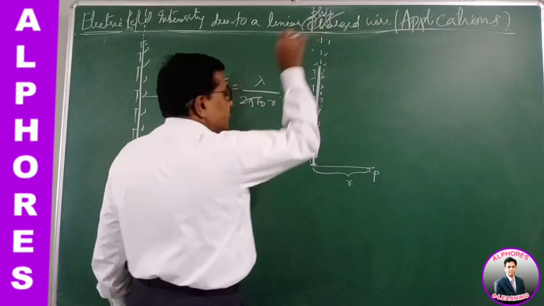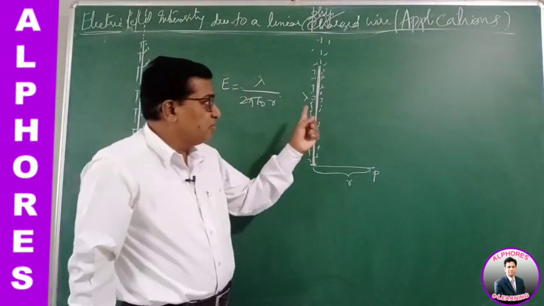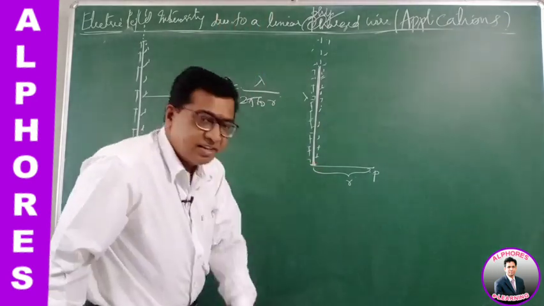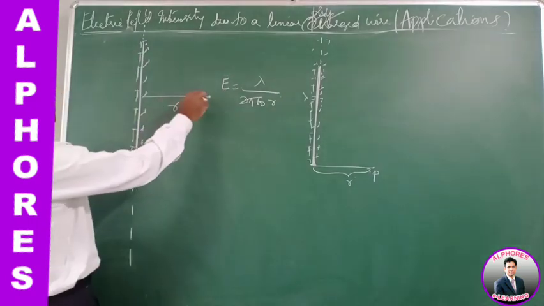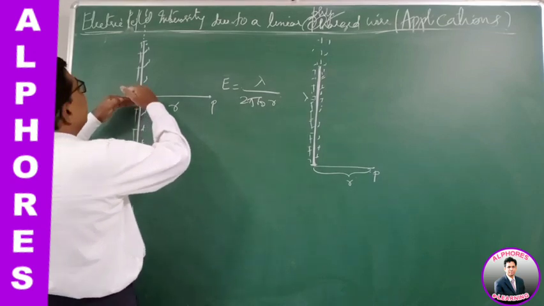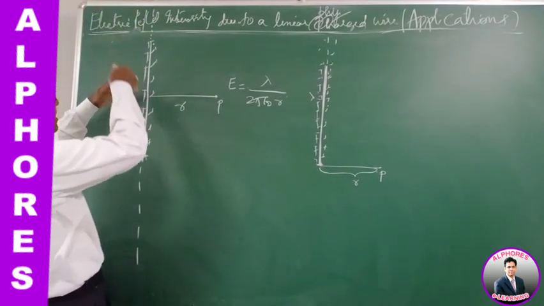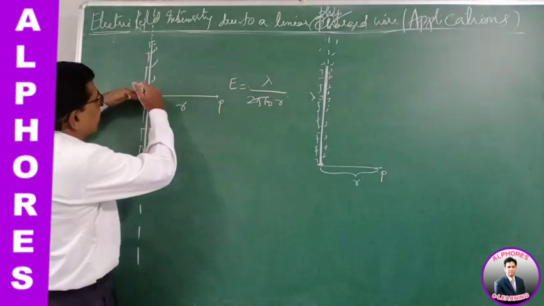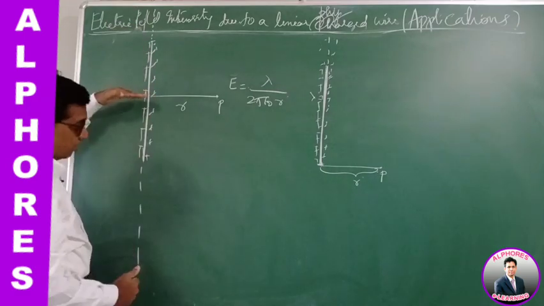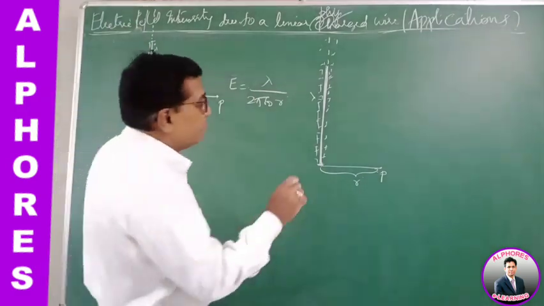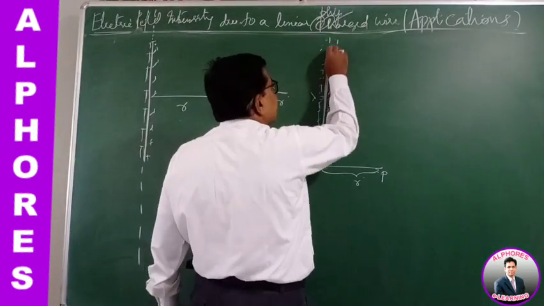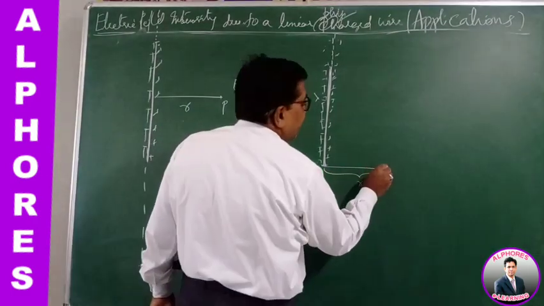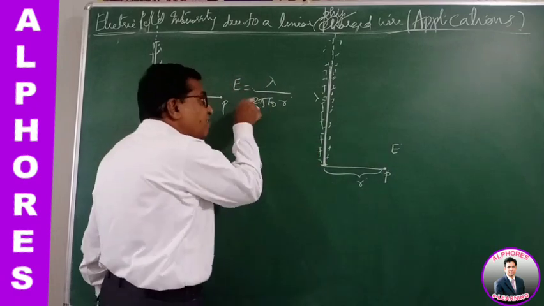due to this? The electric field at point P is due to only the upward part of the conductor, which extends up to infinity. There is no conductor in the downward side. When I consider a point P where the charged wire extends to infinity in the upward direction as well as in the downward direction, then the total electric field is this. So there is a charged conductor, half in the upward part and half in the downward part. Then the total field is this way. But if it is only a conductor which extends up to infinity in the upward direction, with no charged conductor in the downward direction, then the electric field at this point is found to be half of this.